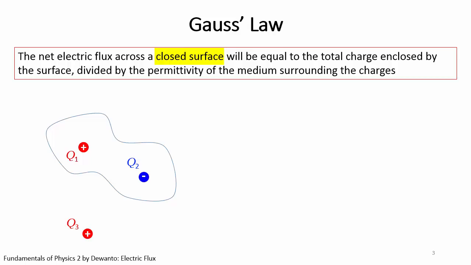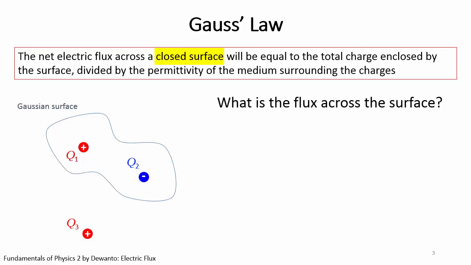Also, it does not matter the shape or size of the surface, as long as it is closed. So there's no way we can take Q1 or Q2 out of the enclosure without poking a hole in the surface. Except that, of course, this surface is imaginary. It is a mathematical surface, so to say, rather than a physical one. In literature, this surface is referred to as Gaussian surface. The charges produce electric field, the field lines cut through the surface, and therefore, it is perfectly valid to ask what is the flux across the surface.